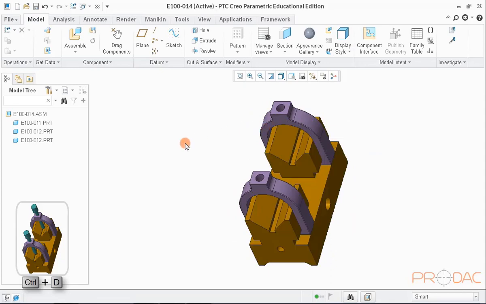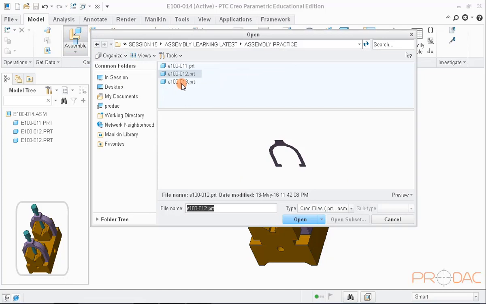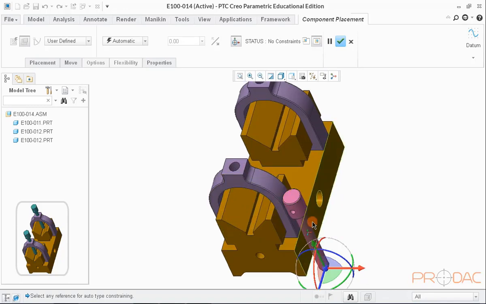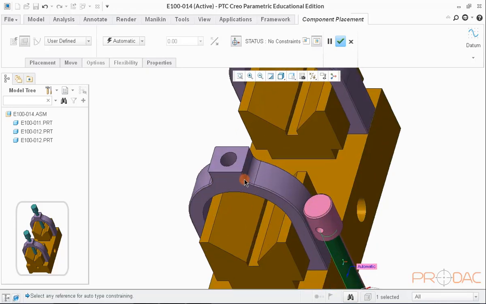Now we'll be assembling third component. So let us open that using assembly button on the top. Before we define assembly constraint, let us look at the final assembly condition in the bottom left picture. We can clearly understand that cylindrical shape of the new part would go inside the hole of assembly. That means constraint type must be coincident.